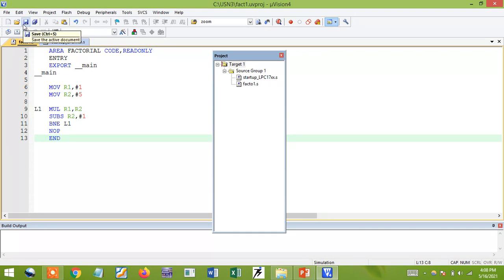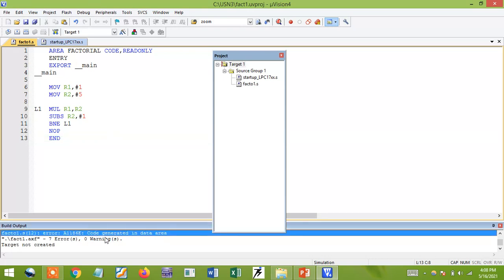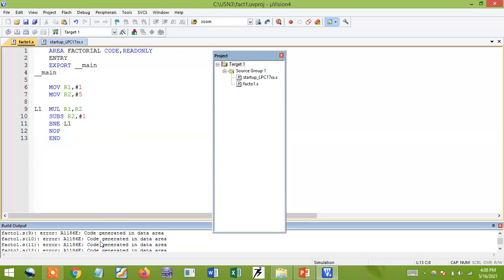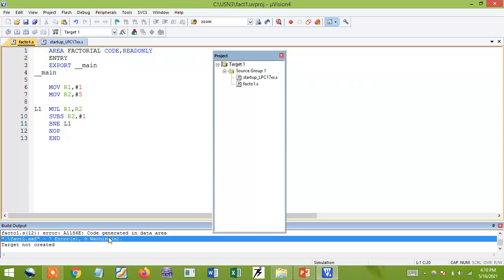So let's check how we are getting it. First save the program, build target. So we have errors. Let's check it out. Okay, so we have errors, code generated.